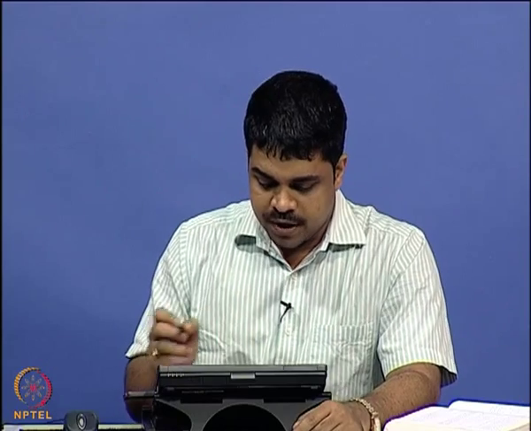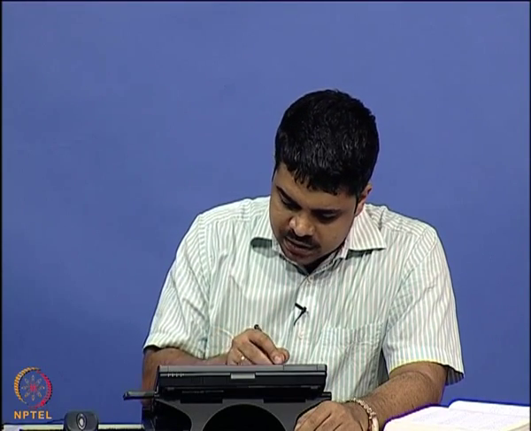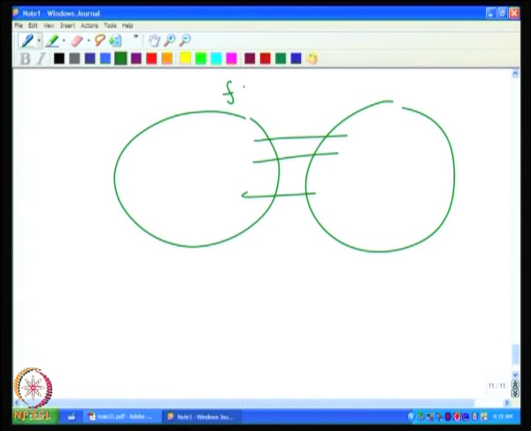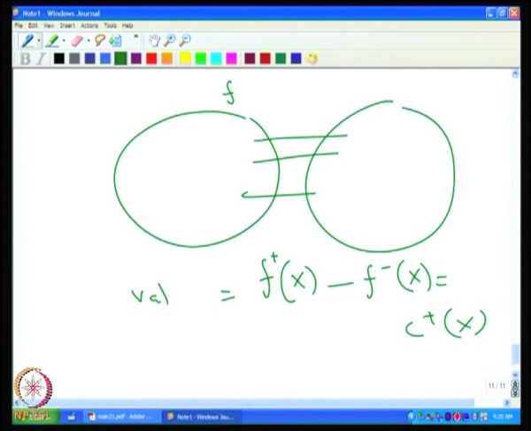Why is it so? Because this is the cut where we have seen the equality, and say f is the flow such that f plus of x minus f minus of x is equal to C plus of x. Remember, this is the value of the flow. Now, suppose f star is the flow which achieves the maximum. One will ask, will there be a flow which achieves the maximum? Of course, but